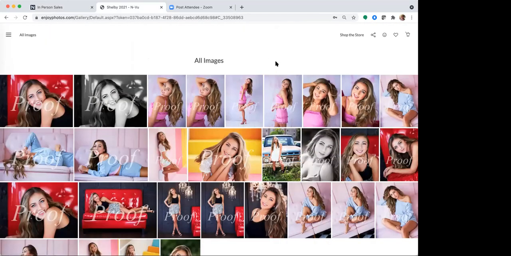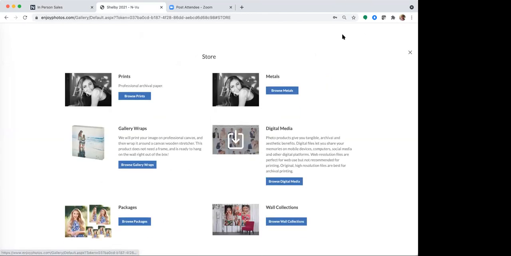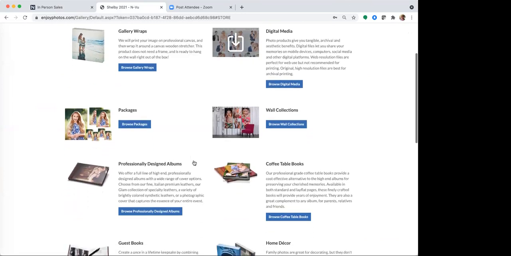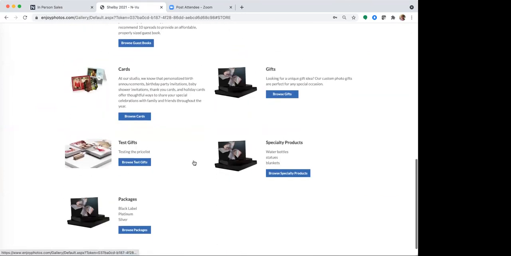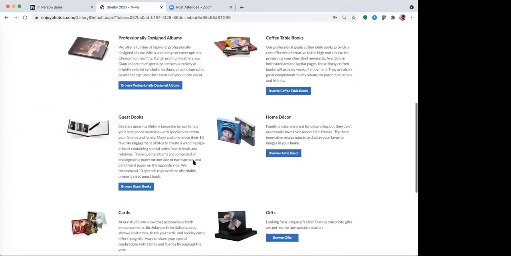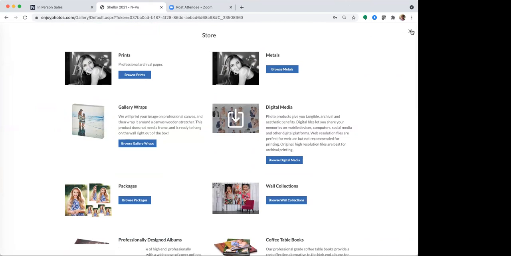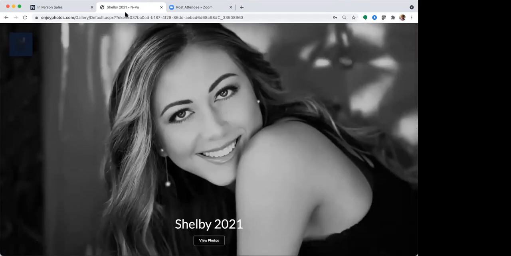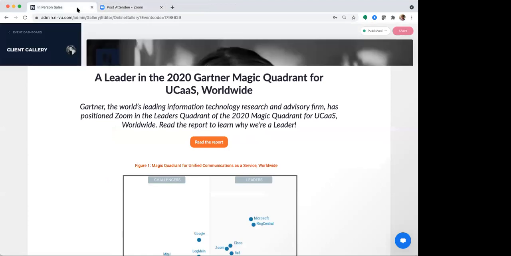And now if you look here, because I logged in with a different email address, I don't even see the download button. I have to go in and shop the store for my digital products. Okay, so I'm going to go back and log in underneath the email address